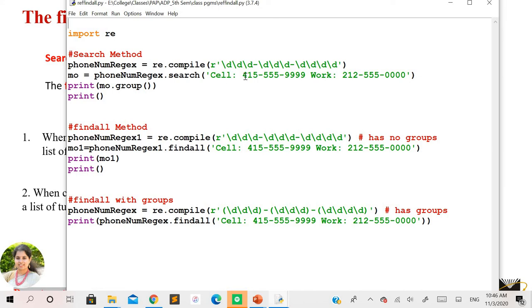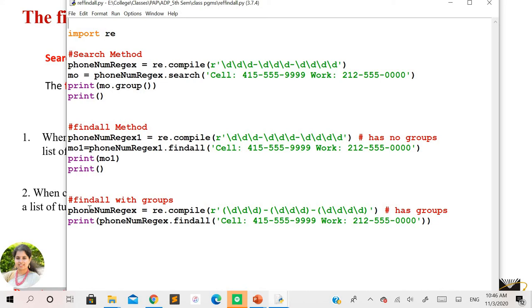You can see we have the numbers here, and we have the same kind of numbers even at the end of the input string. Now we'll see what happens if we execute this program. You can see the search method has been used for the pattern defined here, followed by the group method to get the pattern that has been matched.